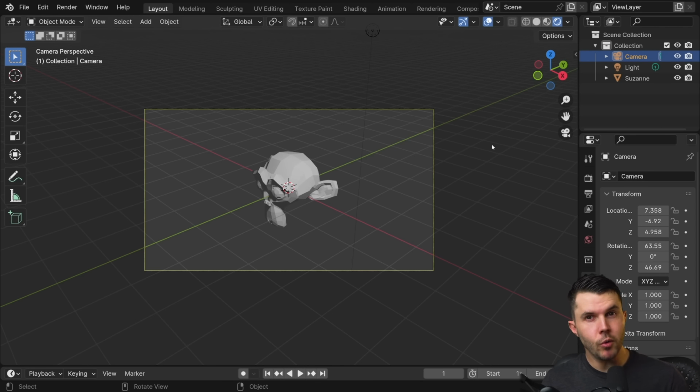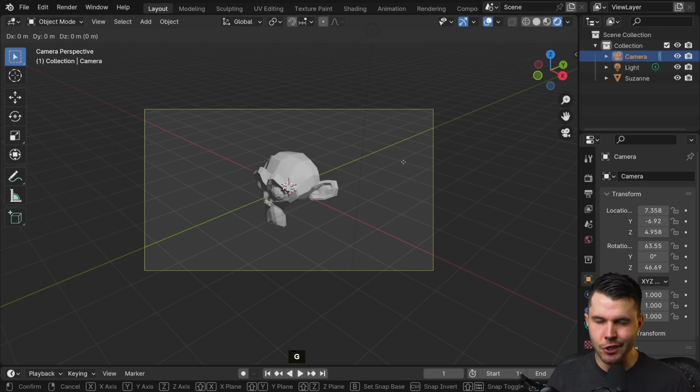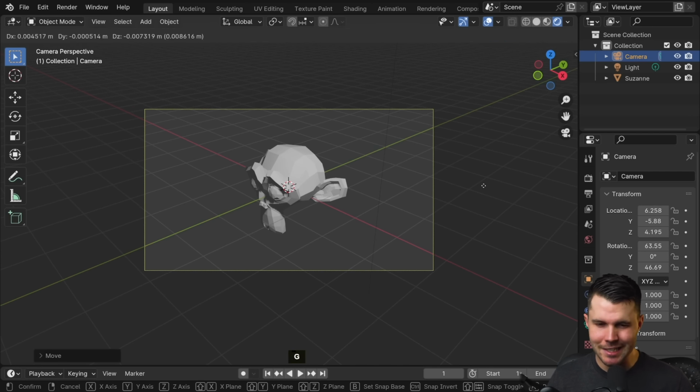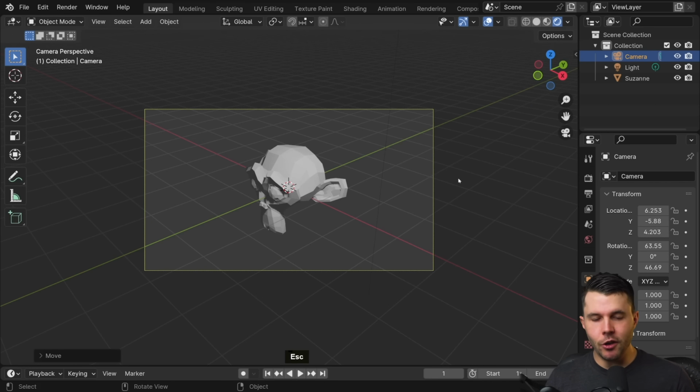So how do we move the camera? Well, Blender's a little awkward, maybe a little different to other software packages, but you're supposed to hit G to move it, and then middle mouse to zoom in and out. And then if you want to move it along an axis, I guess G and then X. You could do that, but actually what a lot of users prefer, especially those from other software packages, is if you've got your camera selected,